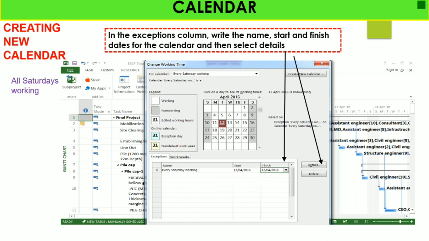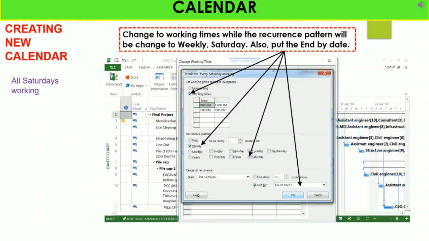In the Exceptions column, write the name, start and finish dates for the calendar and then select Details. So here Every Saturday Working is your own calendar, the project start date is this and the finish date is this. Based on that you can select the all-Saturday-working calendar and go to Details. In the details of that particular calendar, here I am giving the name Every Saturday Working.